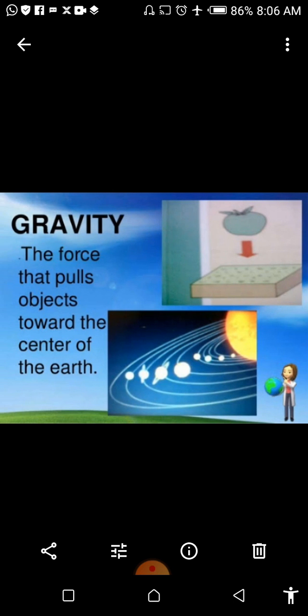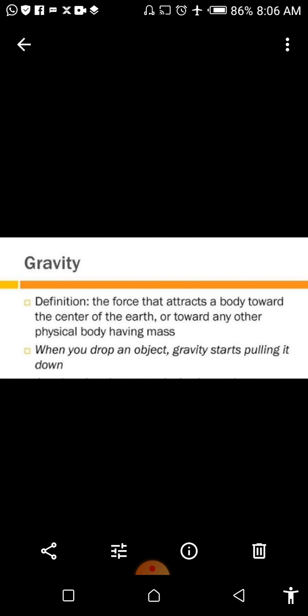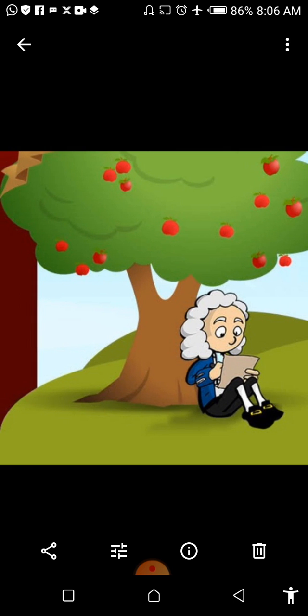object on another. Then students, you have read in the previous lecture about gravity. Gravity is the force that pulls all objects down towards the center of the earth. This is an invisible force. Clear? That's why when you drop an object, gravity starts pulling it down. And you have read that gravity was discovered by the scientist Sir Isaac Newton. When he was sitting under an apple tree and the apple fell down, he wondered who pulled or pushed it. So later on, he named that force gravity.